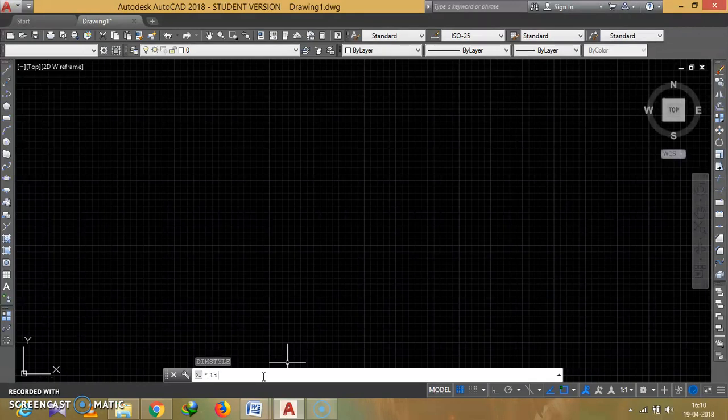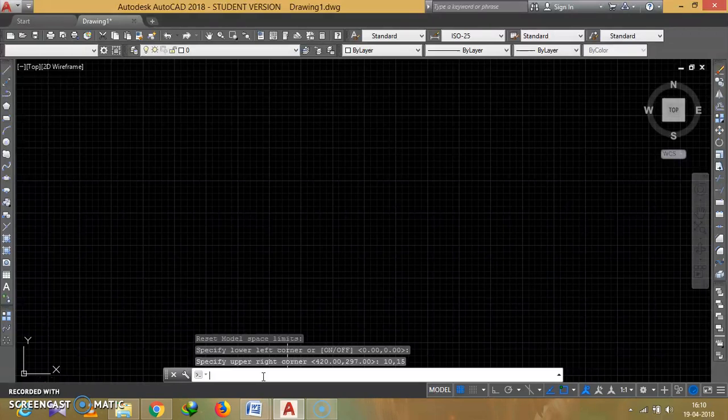You can go to limits, enter. The lower left corner is 0, 0. The upper right corner alone I have to set, because we are taking only the positive directions, not the negative directions. So if my plan is 10, 15, that is x is 10 and y is 15, 10, 15, enter.